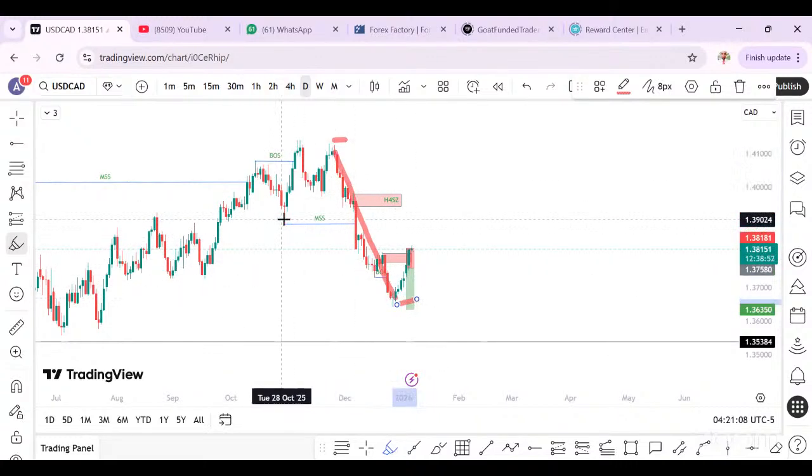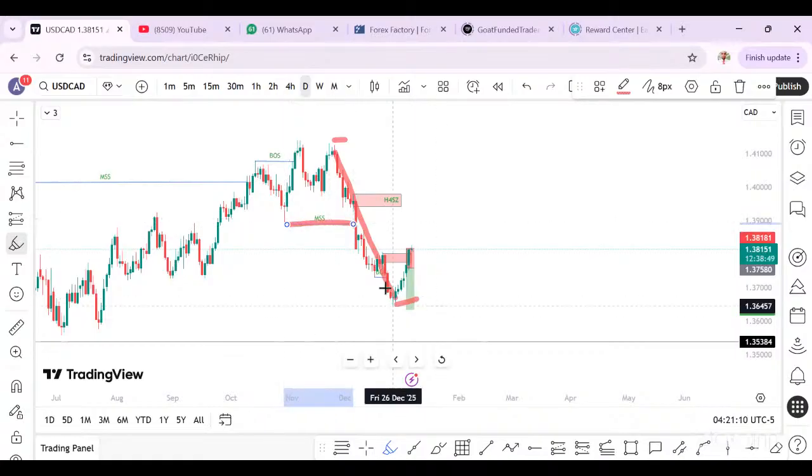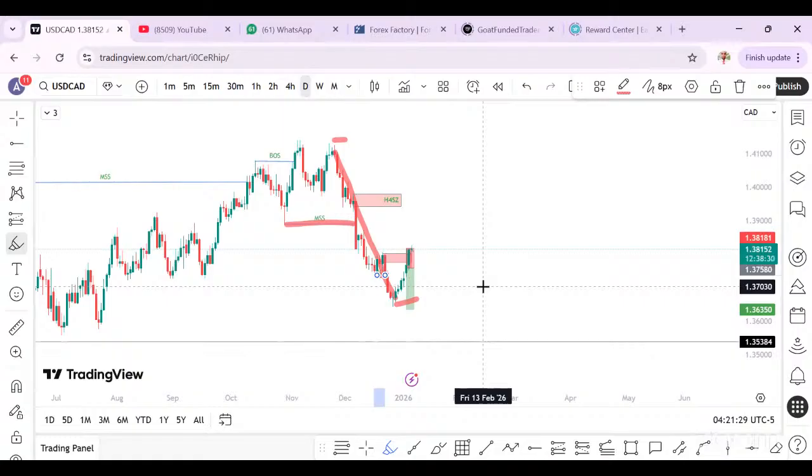Now, this is where we have what? A clear break of structure. This place, that smaller time frame, on higher time frame, is not a break of structure. It's not a valid break of structure. Why? The last bullish candle that formed, we did not see this bearish candle close above that bullish candle. But it's a zone on smaller time frame.